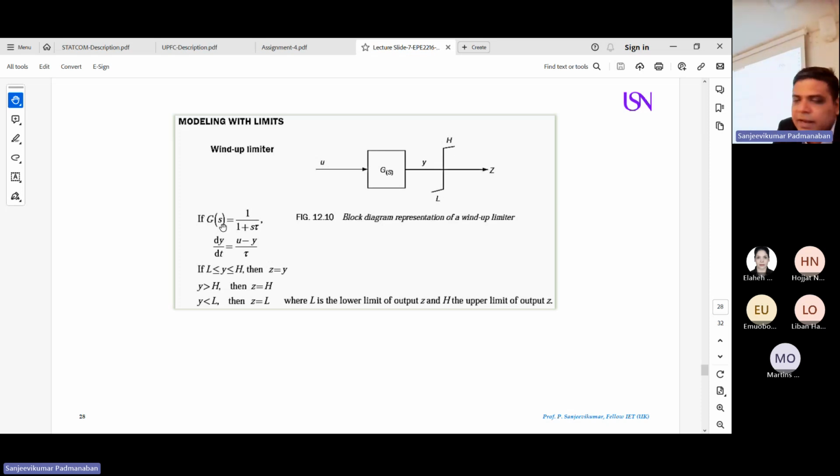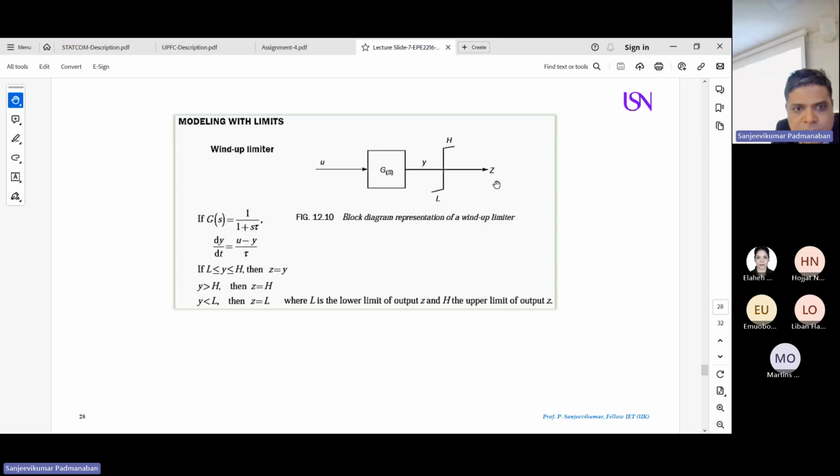For example, it can be any first order system, 1 divided by tau s, 1 plus tau s. Then you find the differentiation dy by dt of the output with respect to time. You get u minus y divided by tau. You fix the value. How to fix the values L and H? L must be less than or equal to y, and y must be less than or equal to H. This is the formula we use to fix the limiter of L and H to get the output Z,